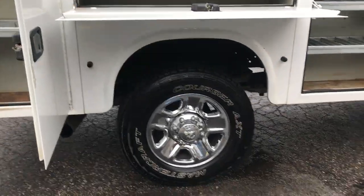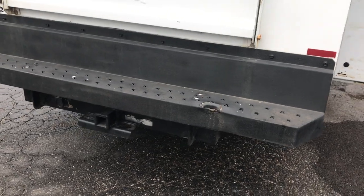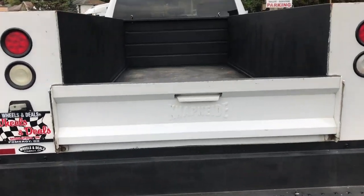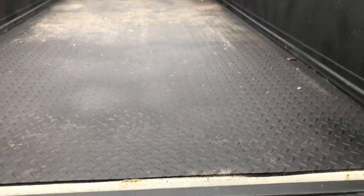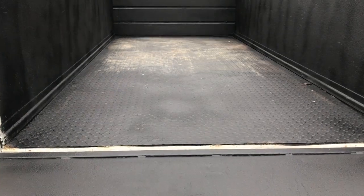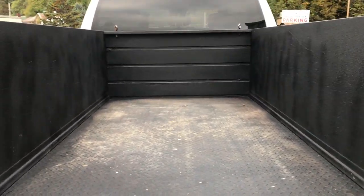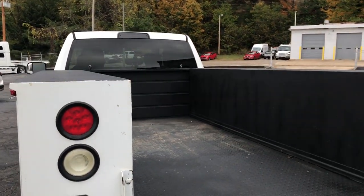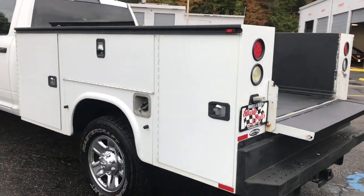It's got good tread on the tires. Walk back here, you've got a heavy duty bumper on the back. And we'll walk up here, drop the gate down, heavy duty. So you've got steel plate. So, it's going to be able to take a beating. So if you are in business, you need a nice commercial grade truck, we just got this just going up